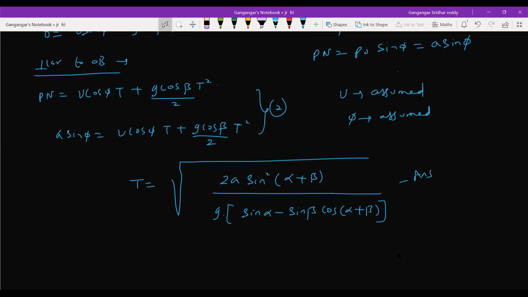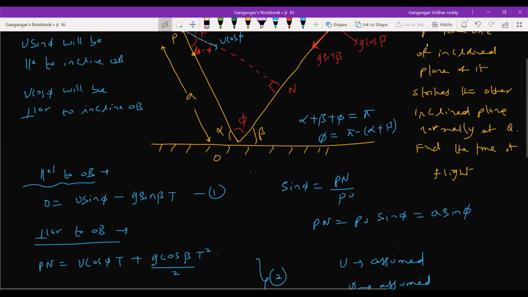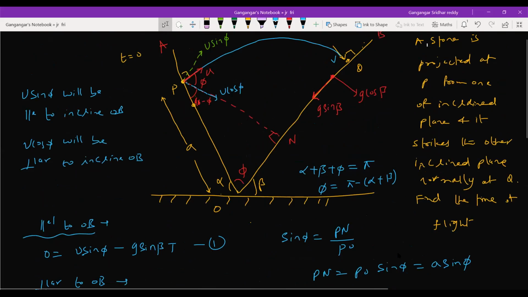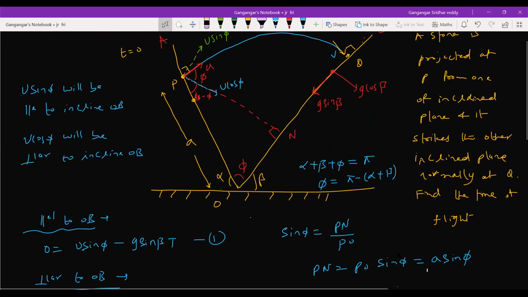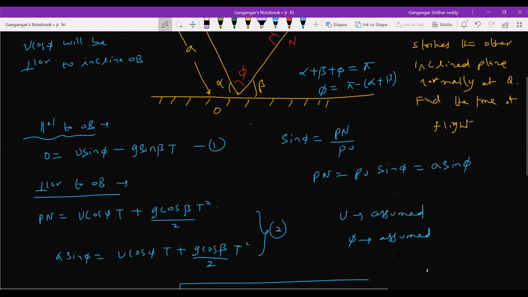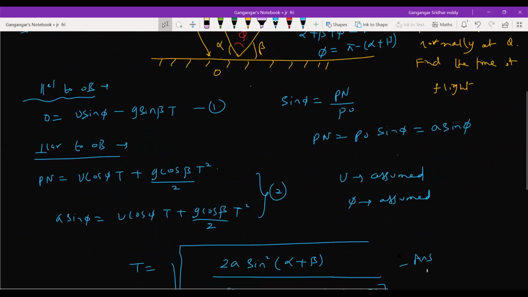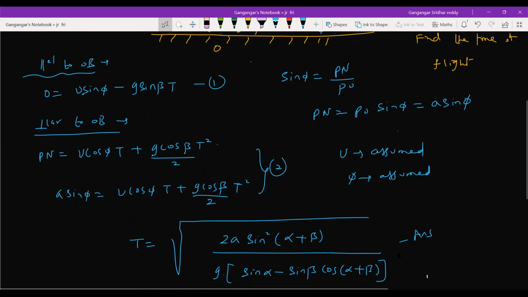Okay, it's all about equations of motion only. So what you should do, you should have just a basic idea of that. What is the trajectory? How that trajectory makes. Then everything what's happening, you have to convert that parallel to incline, perpendicular to incline. Then apply equations of motion. Whatever the type of numerical comes, keep this in mind. That's all. So even if I discuss under numerical, the idea will be same. By this time you might have seen your teacher is not doing anything very big, just applying equations of motion.